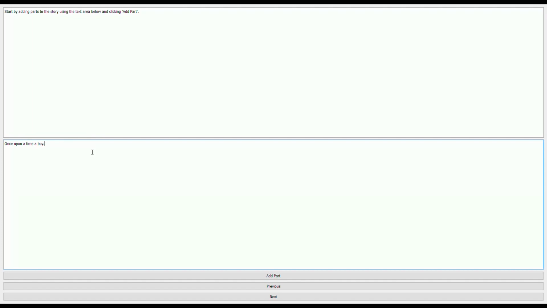So let's add this part. So here we have a part, this first part added here. As we don't have more parts yet, the previous button and the next button will not work. But if we add a second part, we can see these buttons work.